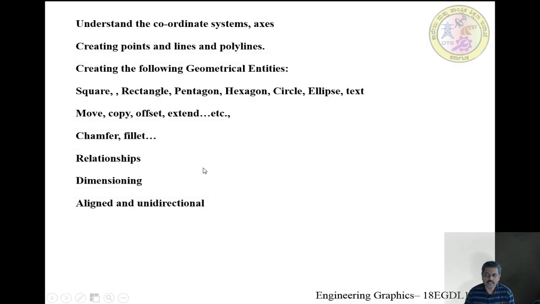So you see what the coordinate system and the axis are. You know that the horizontal edge is always the x-axis and the vertical edge of the sheet is always the y-axis, and of course z is pointing towards us. Basically it is a three-dimensional environment, but because it's a 2D software, the visualization is always in 3D, and what you see here is nothing but the top view, the plan of the drawing sheet.